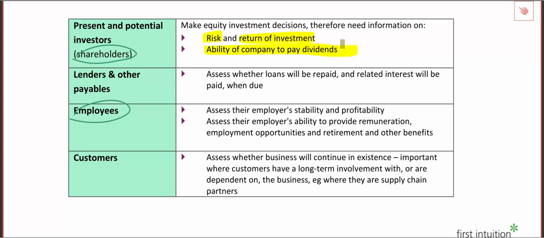Let's jump down to employees then. As an employee, what are you looking for from your company, from your organization? Definitely thinking about, well, are you making a profit and are you going to carry on working? Your job security, your ongoing job security is going to be vitally important to that. You're also going to think about, well, am I going to get the package, the salary package I need? Are they going to give me some sort of role in the future? Are they going to give me some sort of progression?